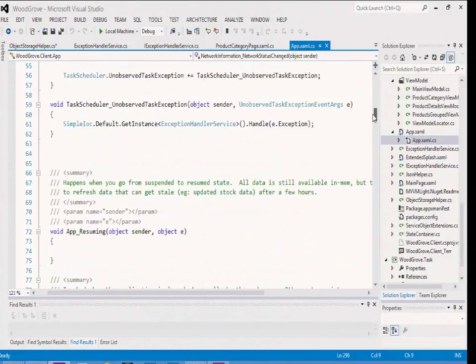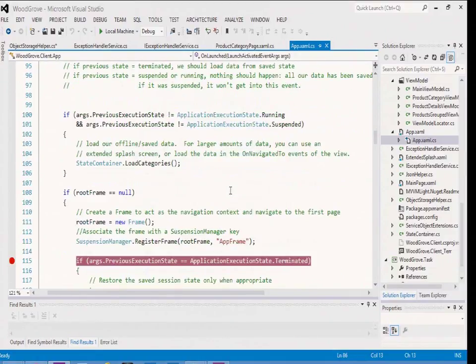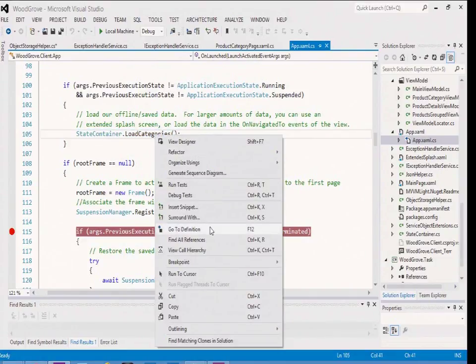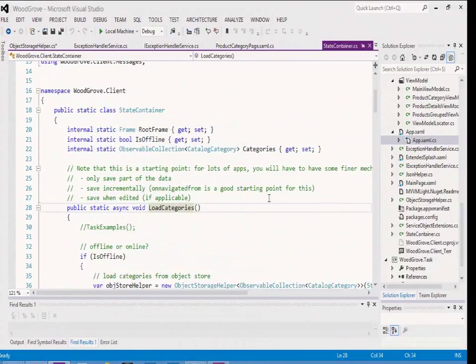So with that done, I now have to load my categories. Now, instead of doing that in the view model, I now use a data store, quotation marks, for this, which in my case is my state container. So there's actually a pretty simple method in here, load categories,